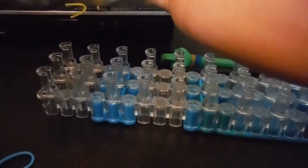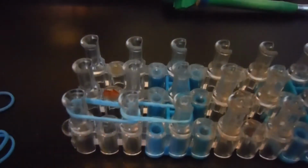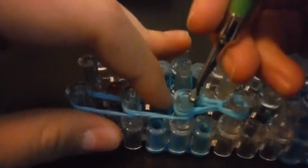So first what you need is 9 of the following spikes. Let me adjust the camera. So take your double looped body color 3 times on your loom, and then what you want to do is cap it off 4 or 5 times, whatever you want to do. And then you want to make 9 of these. So make your 9,